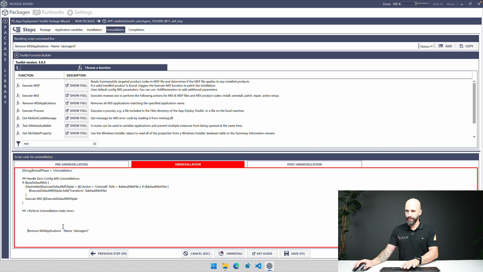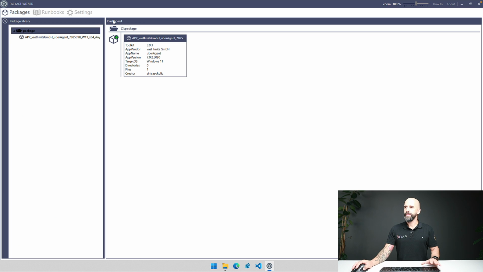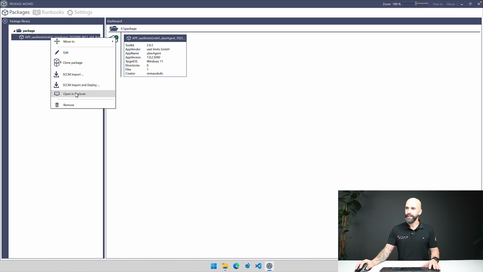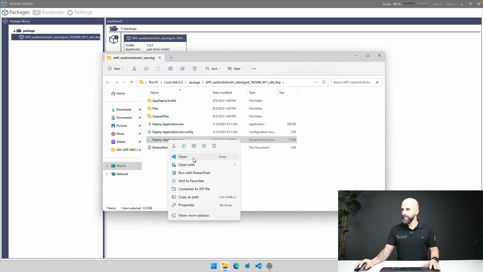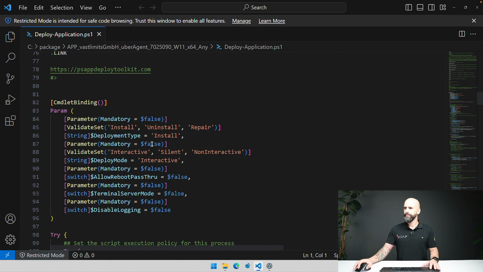And basically, I could reformat this a little bit to make it prettier. But I very simply created an installation and uninstallation routine. Now I'm going to save this thing. All right, now you see this package here. If I want to have a look at what I actually created, I can now right-click on this package, go to Open in Explorer. And if I open this script now, you will see that